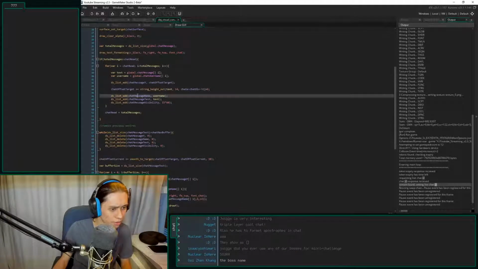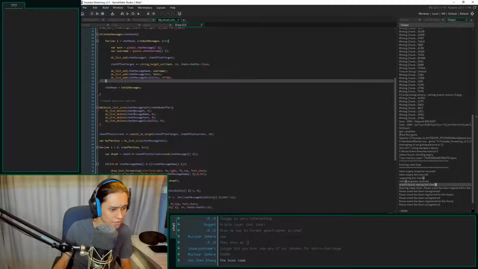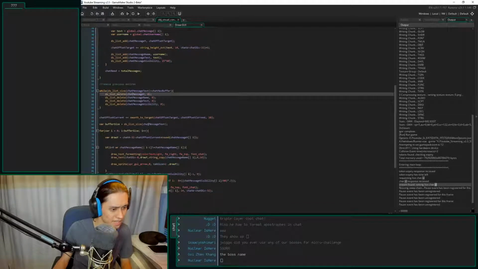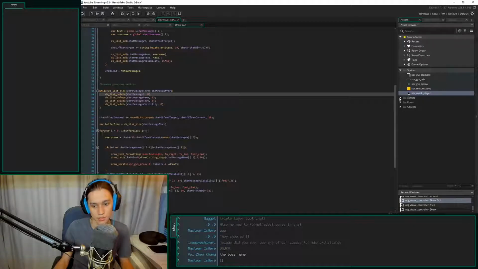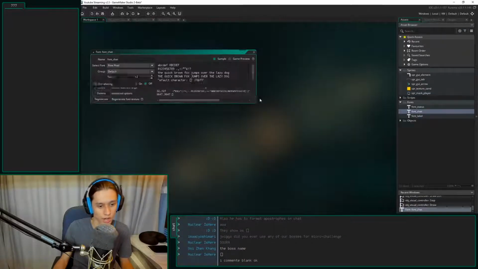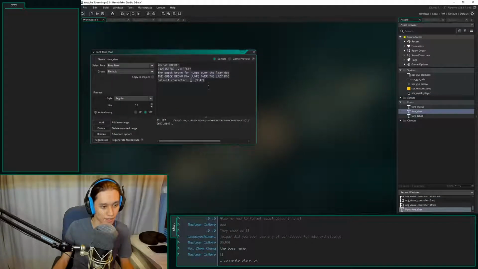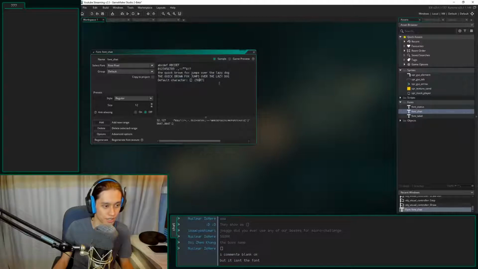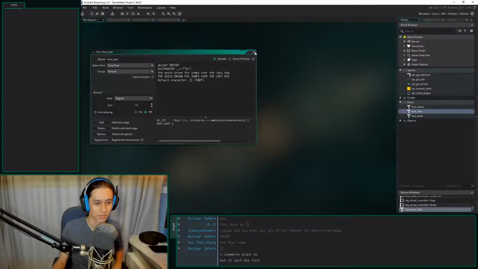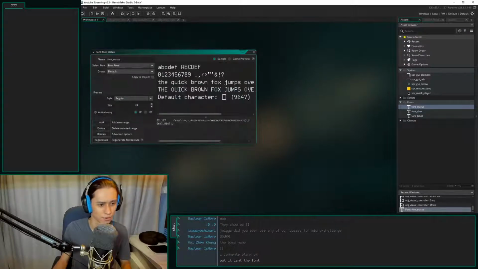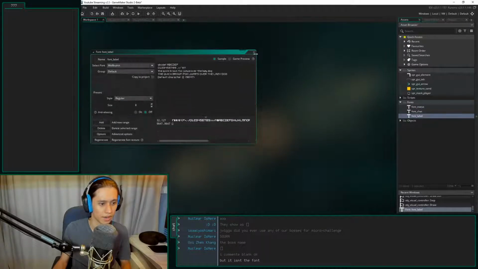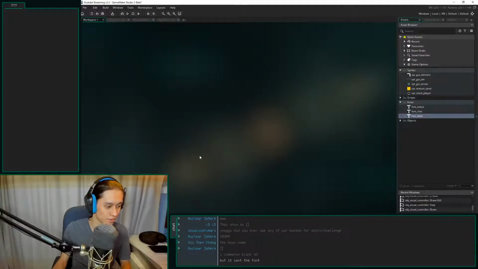What am I looking for? We're adding the text. It just seems like it's not in my font, because I have a chat font, and it doesn't look like that font is in there. The default character is just blank. So, unfortunately, this is the font I'm using. And I really, really like this font. This is the console font from Islands of War, and I'm really happy with it. So, not going to change it. Sorry.